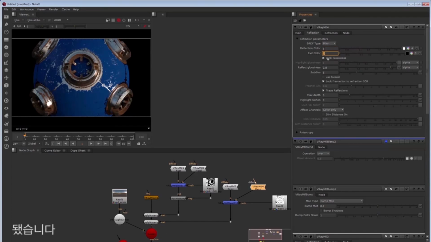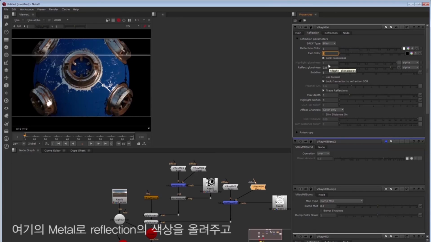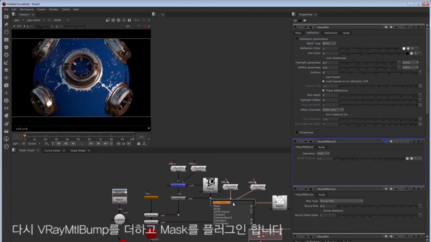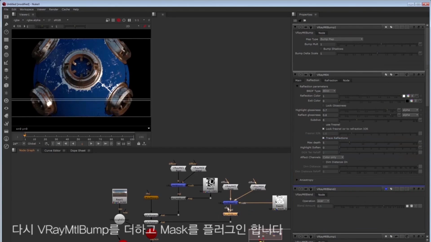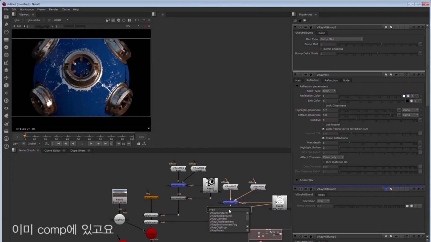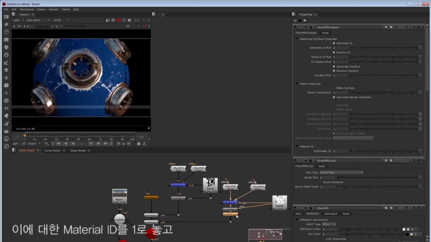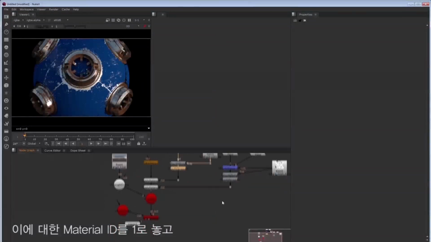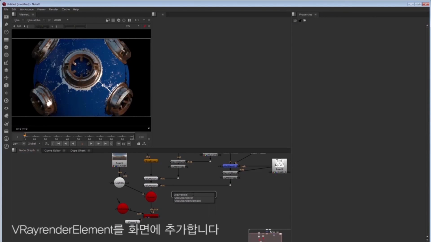There we go. And with this metal, we'll want to bump up the reflection color, and then we'll change the highlight glossiness to be a little less sharp. So again, let's add a V-Ray material bump and plug in a mask. And because we'll want to probably color correct these two separately in the comp a little bit later, since we're already in the comp, we'll add a V-Ray material wrapper and set our material ID for that one and for that one. And then we'll add a V-Ray render element